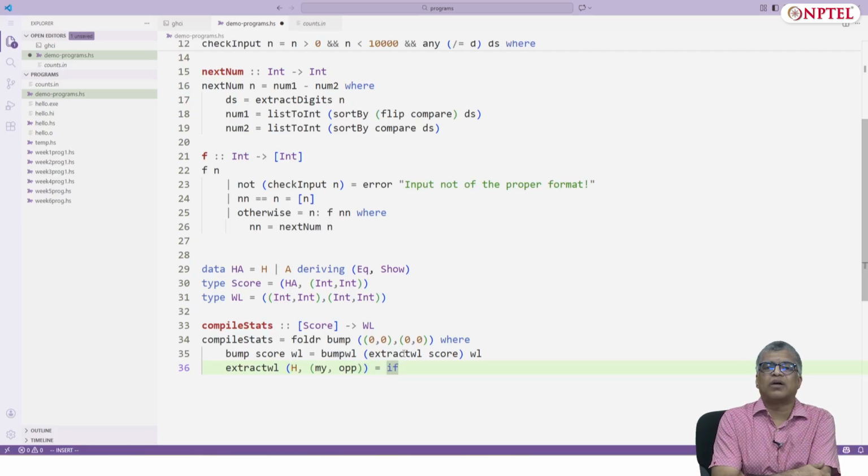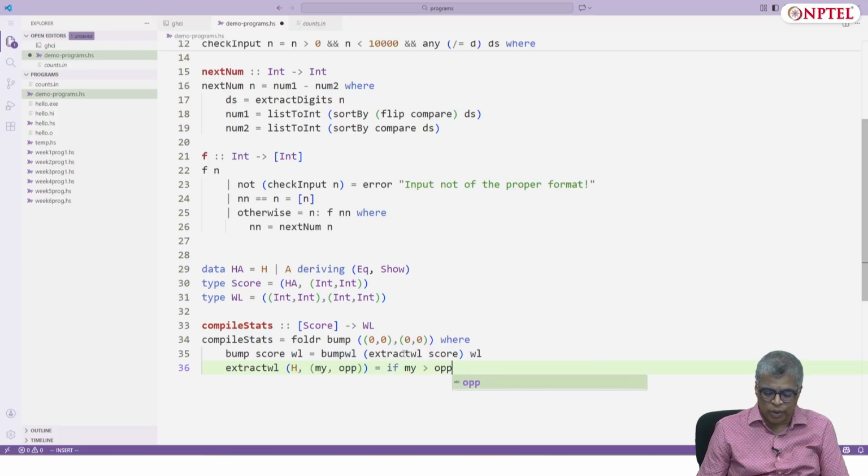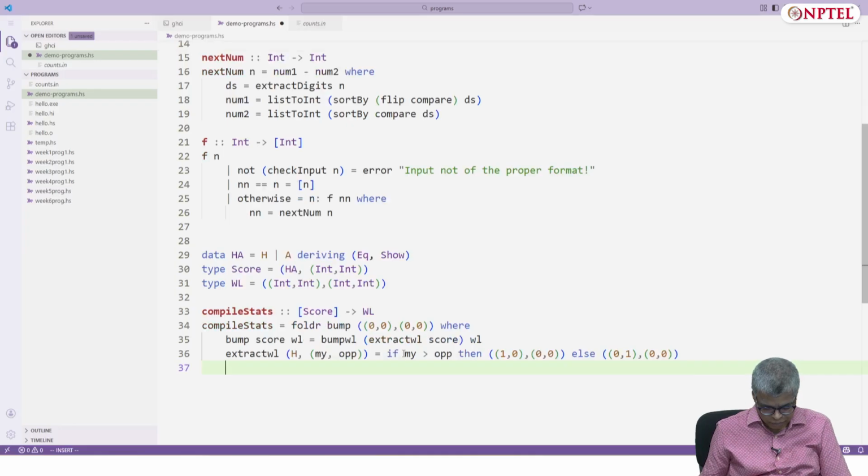The first part of the thing could be a home game. Then what should you do? If my score is greater than opponent score, then, else, similarly, this might not be the most elegant way to do it, but this is one way to do it.